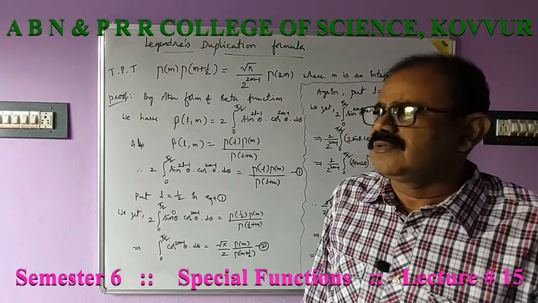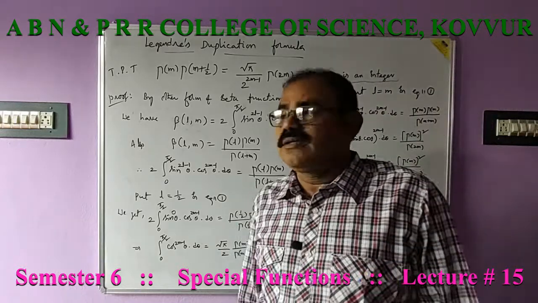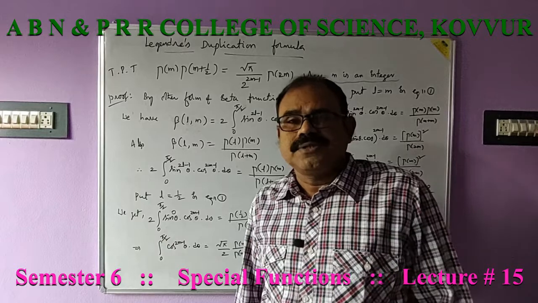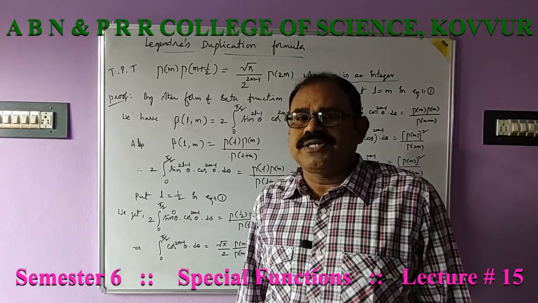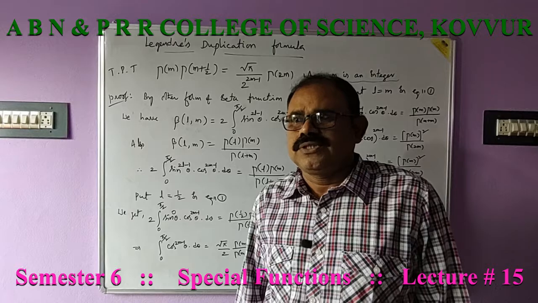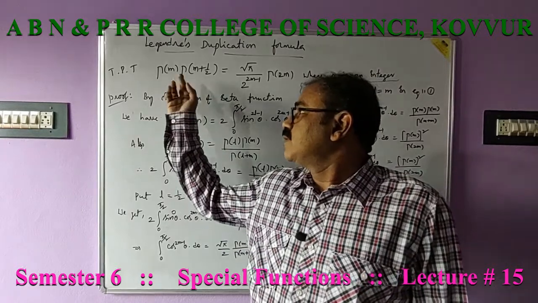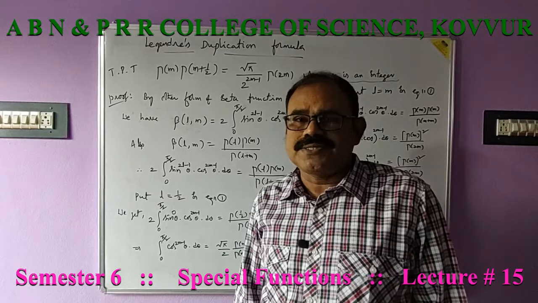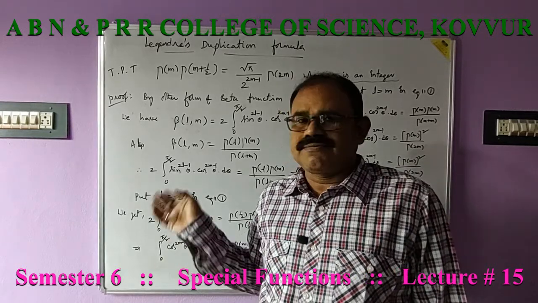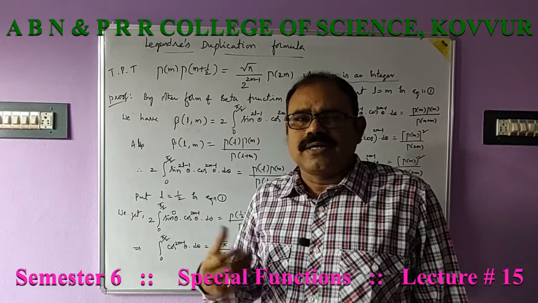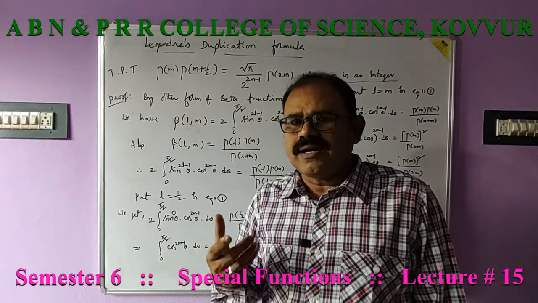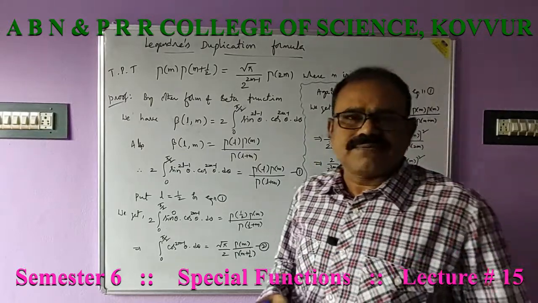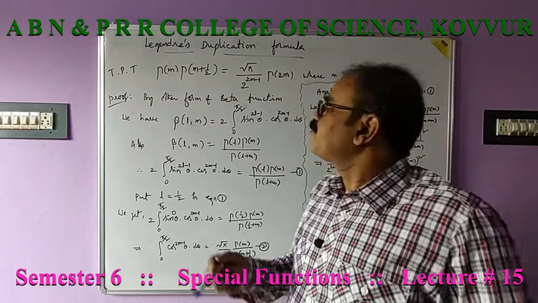We have one application proof remaining in the unit of beta gamma functions. With this application, this proof, the unit beta gamma function completes. I will give the notes of this one. The next video we go for the other units. Okay, let us see the last problem of the beta gamma functions unit.